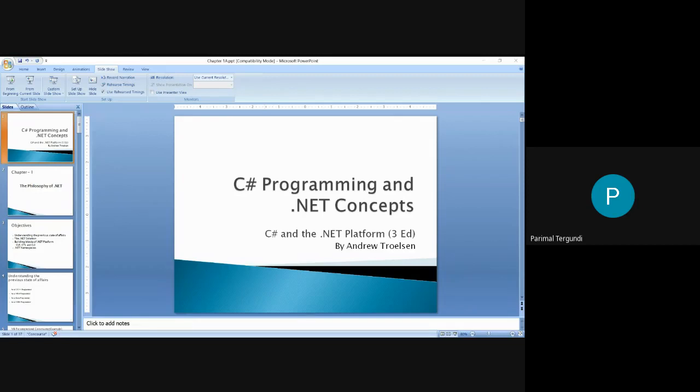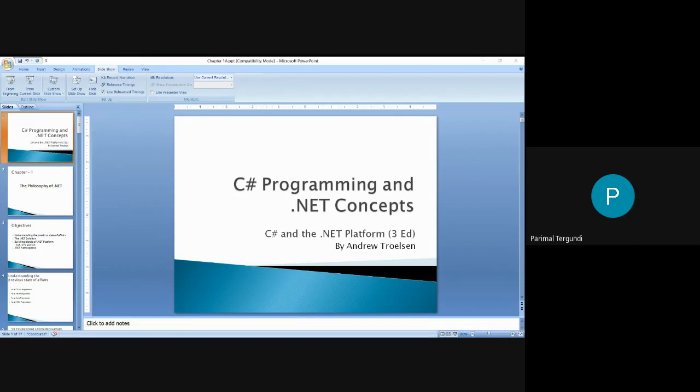So the requisites, I'm sure most of you have done at least one of this object-oriented programming, either in the form of C Sharp, C++ or Java or Python. So object-oriented programming must not be something very new to you. So what do we have in .NET? So initially, to begin with,